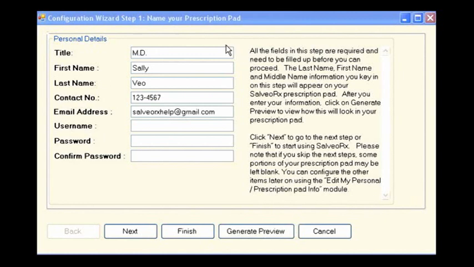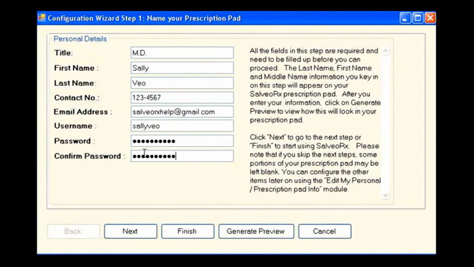The first configuration step requires that you enter your personal details. This step includes your first name, last name, contact number, email address, username, and password. The title field is optional. You will, however, need to retype your password in the Confirm Password field. When you're done with the entries, click Next to proceed with the succeeding step, or Finish to end the wizard